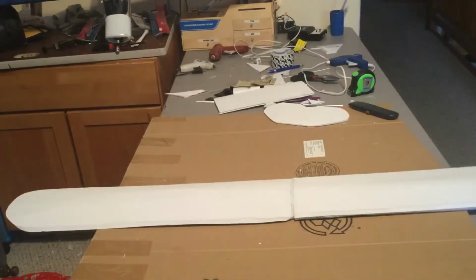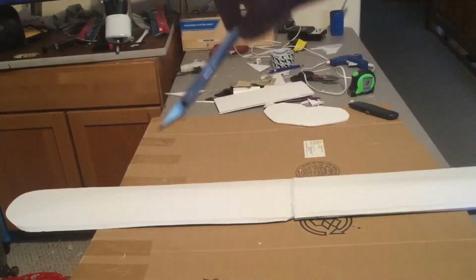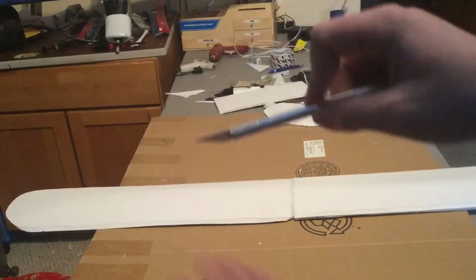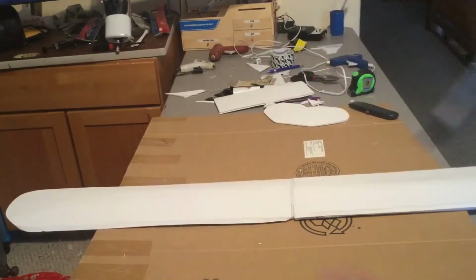To solve that problem is to just take my time and really make sure I'm holding the X-Acto knife not at an angle like this, but more flat against the surface, and then cutting like this instead of like this